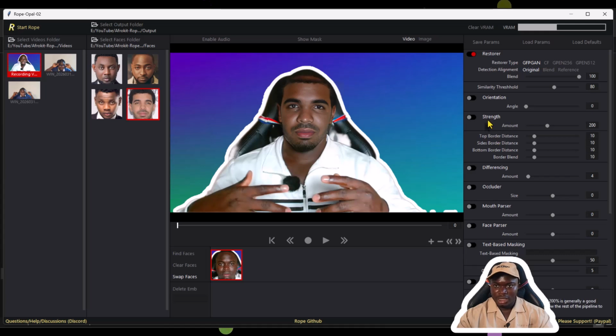If I come over to top border distance, this one here, I'll reduce it to 1. And you can see it has filled that section of gap between my hair and the hair of the model I'm using. Now, if I come over to strength and turn this one on, you're going to see how the